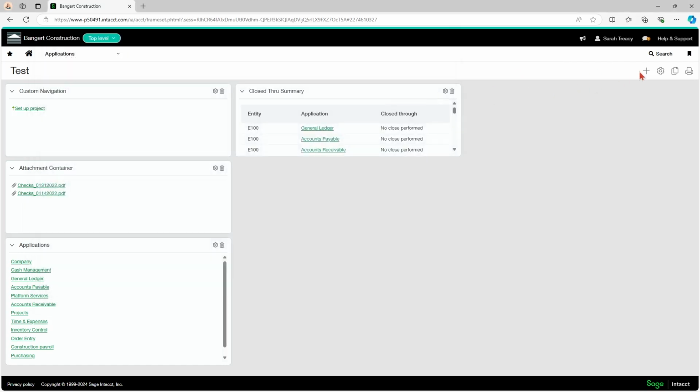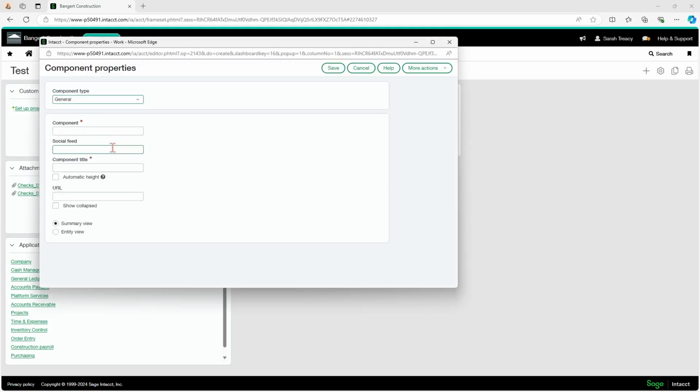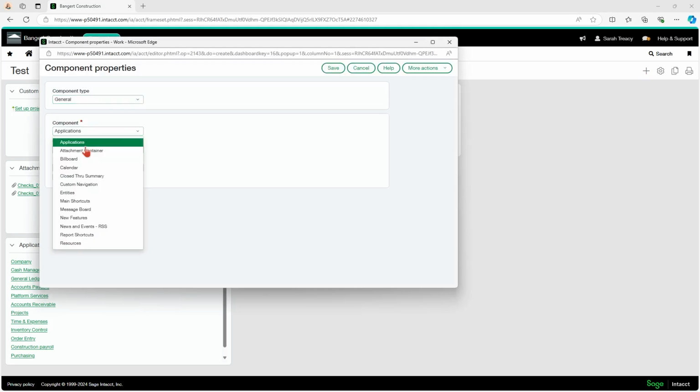So I'm going to leave that alone and keep going with my general component type. Then you can also put in your entities, which is just instead of on the home screen where you have your most recently used or your drop down of your entities, you can put it on a dashboard. But you have your main shortcuts, which is convenient links to take you directly to a page without needing to go through several menus. But these are not customizable. This is picked by Sage. So you might be better doing custom navigation rather than this.